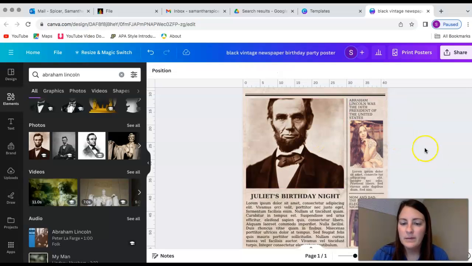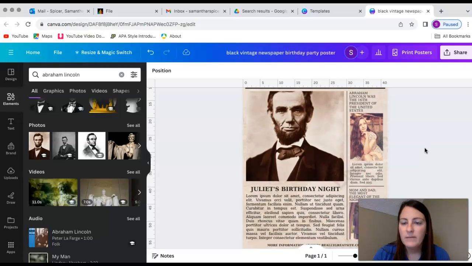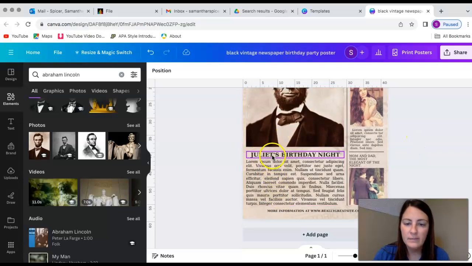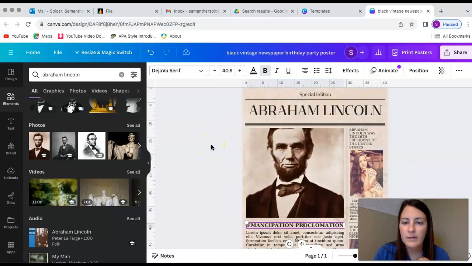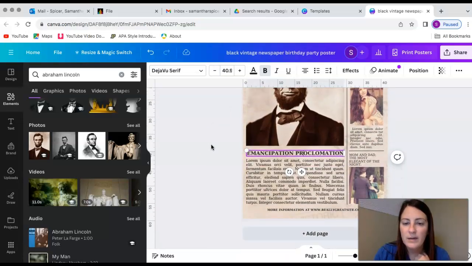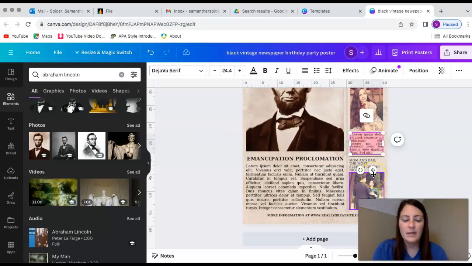Okay, so Abraham Lincoln was the 16th president of the United States. And then down here, since this is a bigger area, I would like to talk about the Emancipation Proclamation. Make that a little smaller so it can be on one line. So this is what we have so far. So I'm going to put that there because I know that's what I want to use there. And over here, I'm going to add that